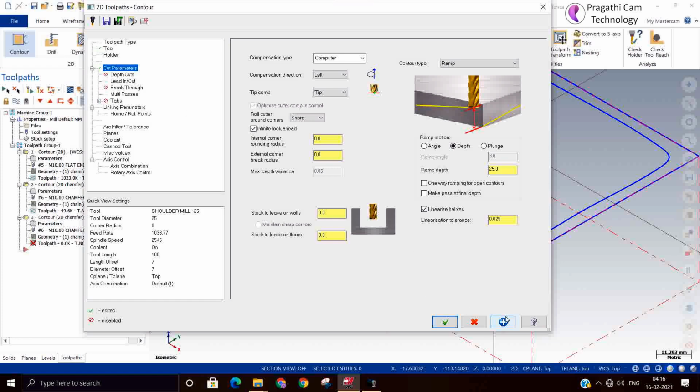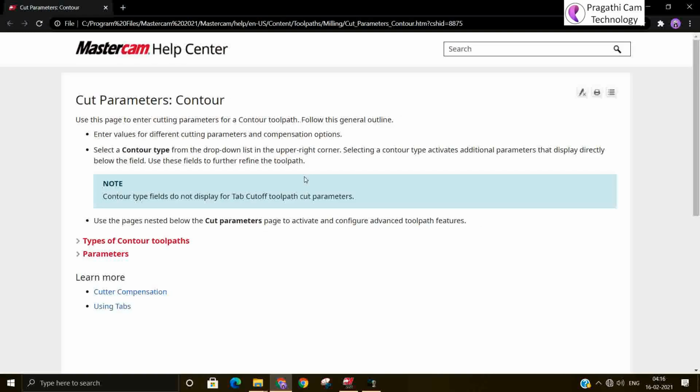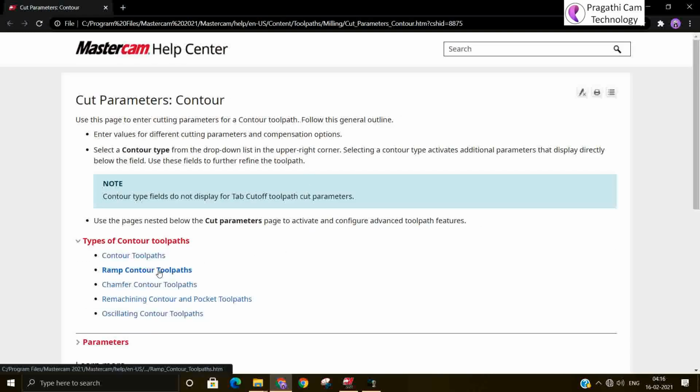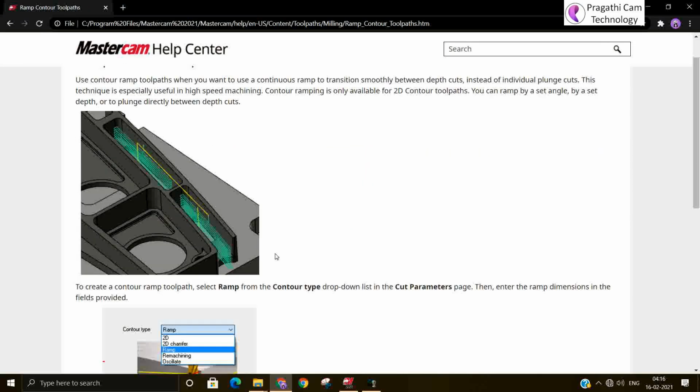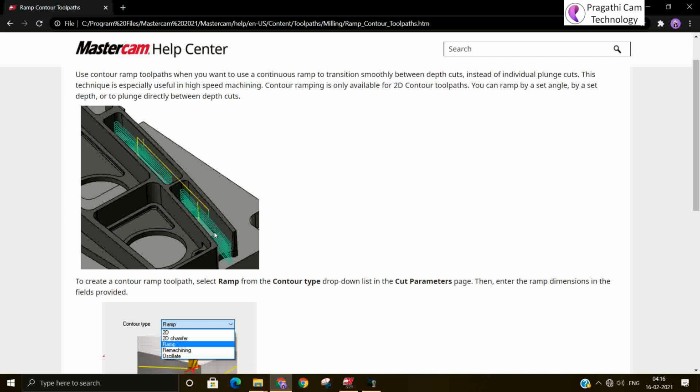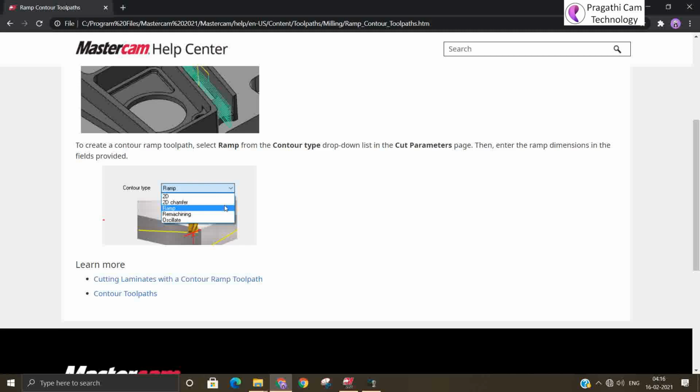It is on the ramp type, no? Maybe I am unable to exactly locate it. I have taken the wrong place, okay? So here you can see ramp. In this place you can see there is no space for lead in and lead out, so there you can utilize the ramp.